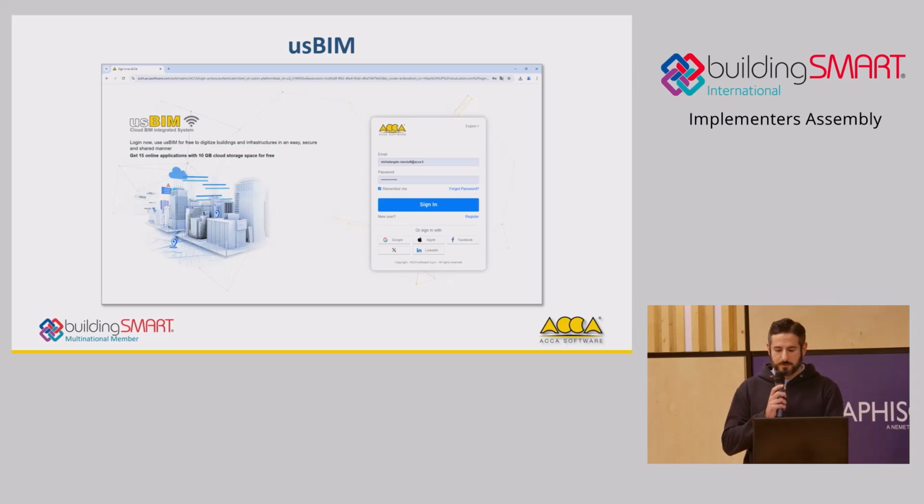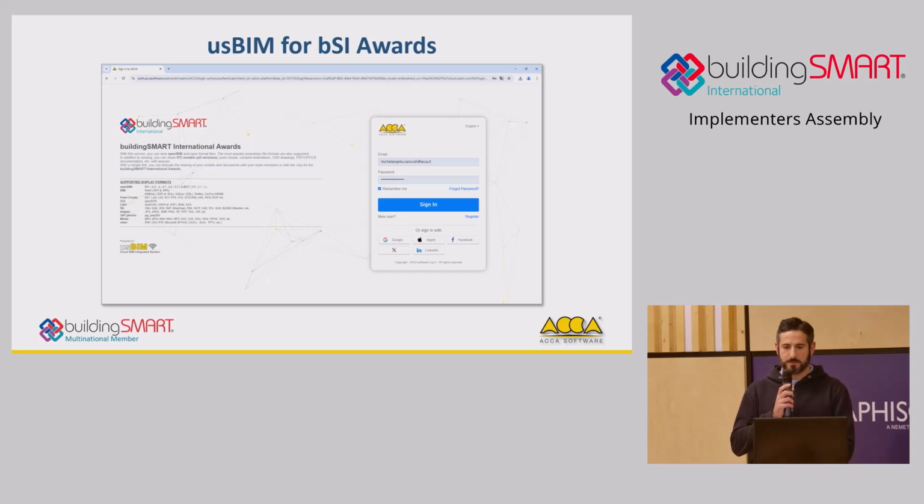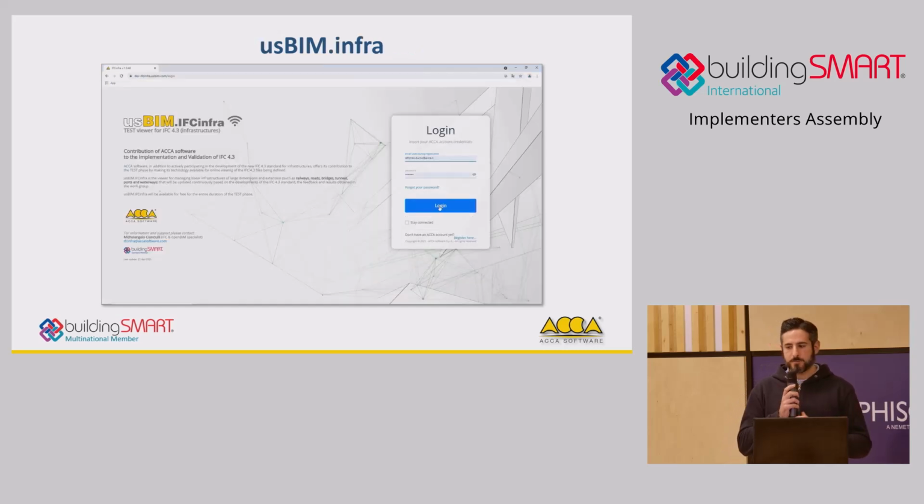ASBIM comes in different flavors. For example, we have these customized for the BSI awards for the people submitting projects to share links with the jury in an easy way to make them view the submitted models, to adjudicate them,